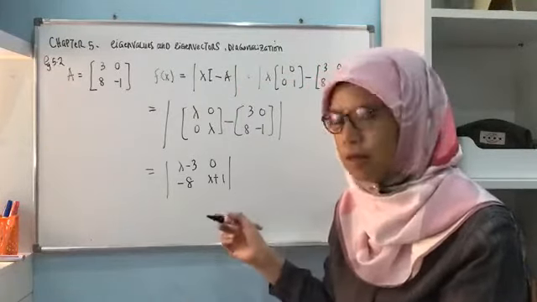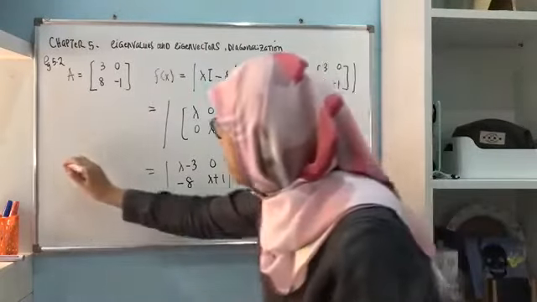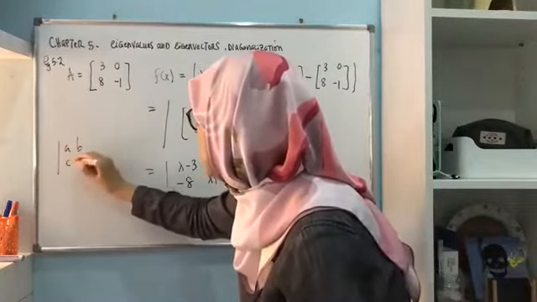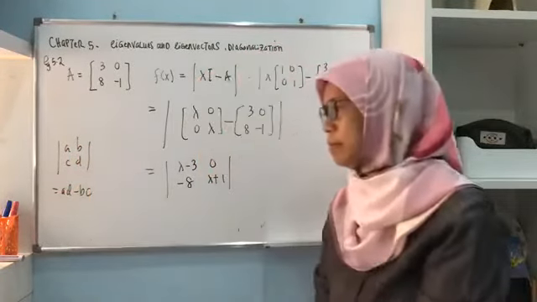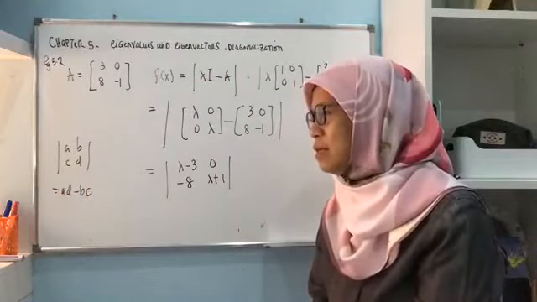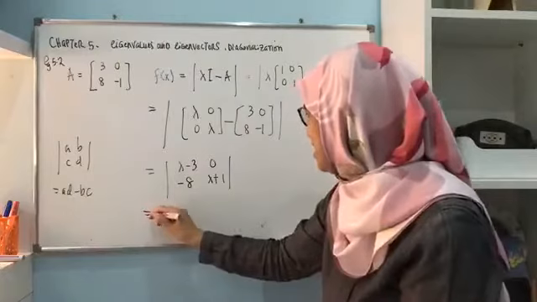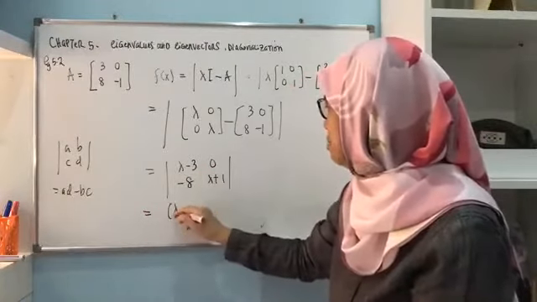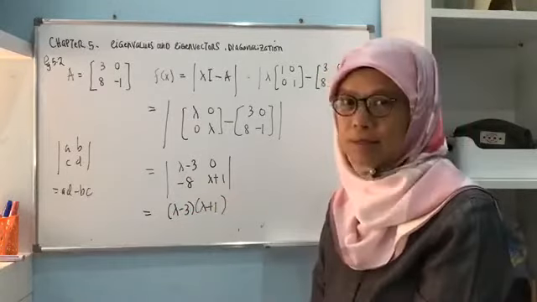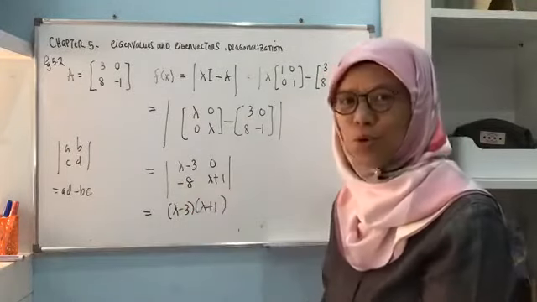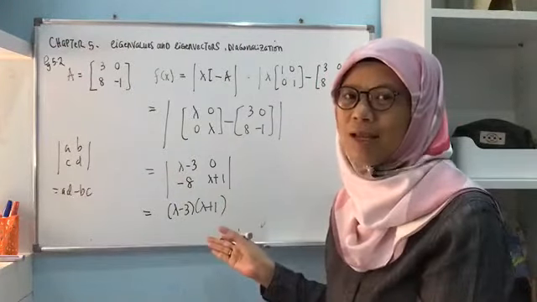Okay, now this is 2 by 2. The determinant of A, B, C, D is AD minus BC. Okay, so this is lambda minus 3 times lambda plus 1. Done, because it is minus 0. Don't forget, last time I gave this example in class, and then the student after that